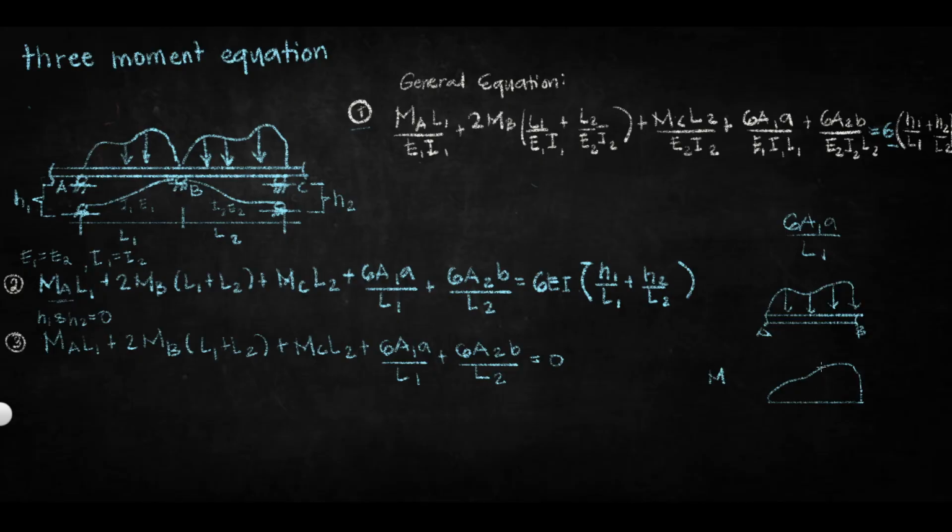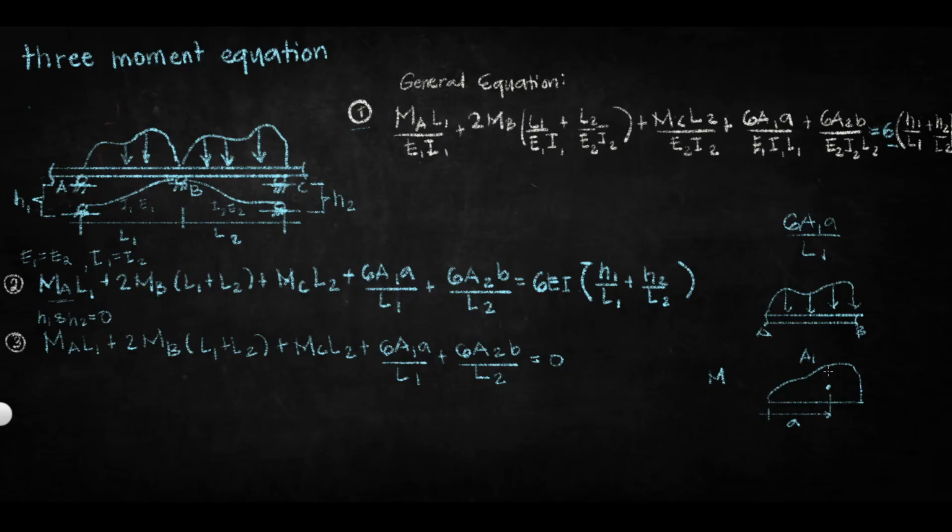Okay? Of course, yung area po niyan, let's say that is A1. Yung area ng moment diagram. And then, going to get the centroid. Okay, 6A1A, yung A po dito, class, is yung distance from the left. Okay, this is your A. Alright, so using this formula, class, so para makuha po yung value ng 6A1A all over L1,